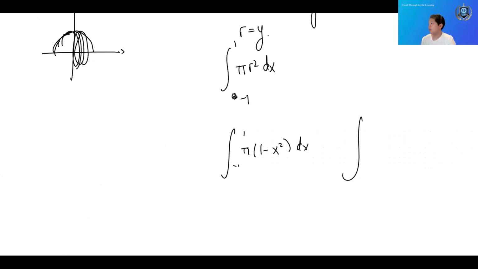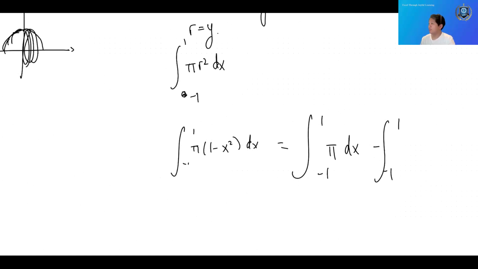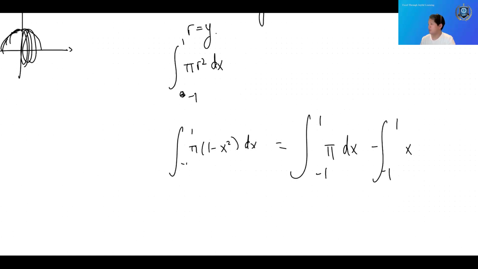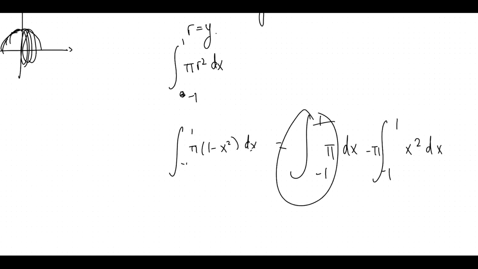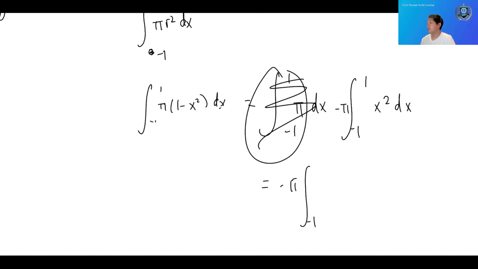Negative 1 to 1, you have pi dx, then minus the integral from negative 1 to 1 of pi x squared dx. This cancels out, right? This doesn't exist. Yeah, that's just x. So again, negative pi from negative 1 to 1, x squared dx, and then if you decide to do that, you get